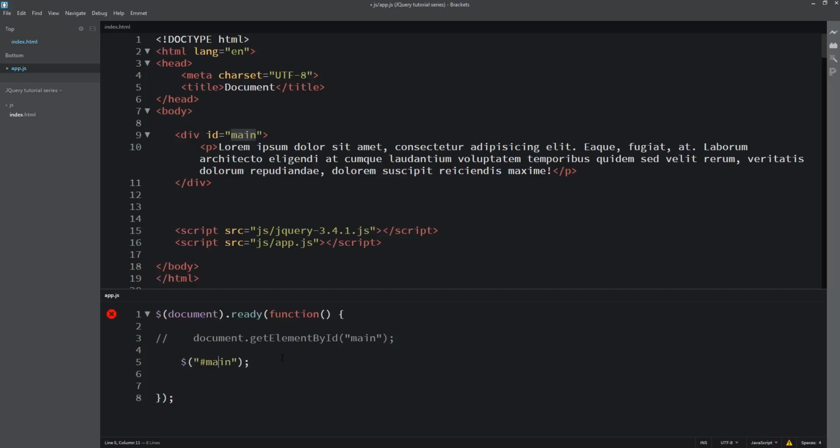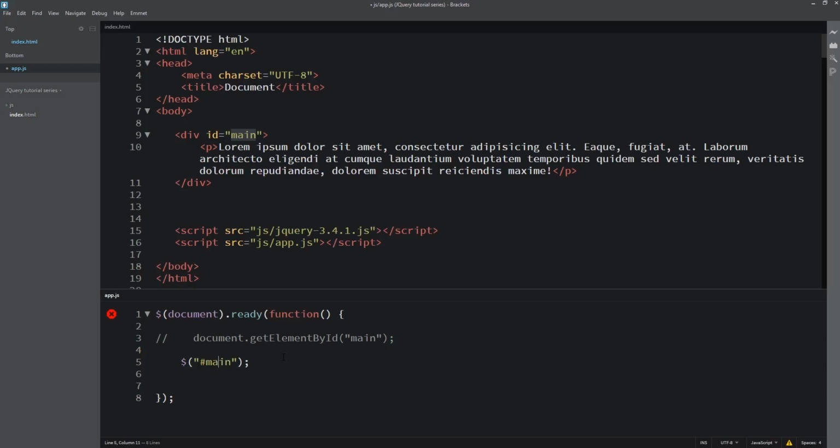jQuery selectors are used to grab content from the web page, and they use the same syntax as CSS. So if you know CSS and how to use it to grab or select items on your web page, then you will have no problem. But if you don't understand CSS well, I'll leave a link to the CSS tutorials in the description of this video so that you can understand. We'll talk about element selectors, class selectors, and ID selectors.